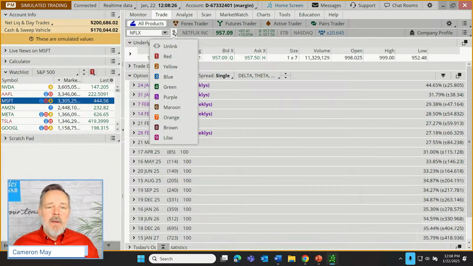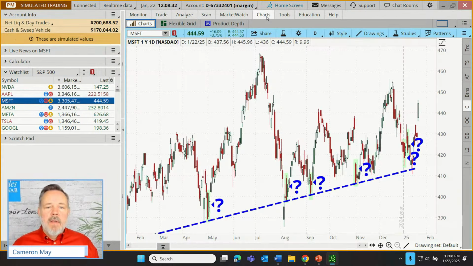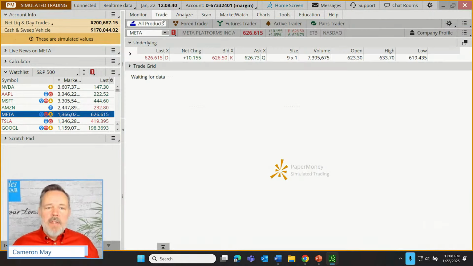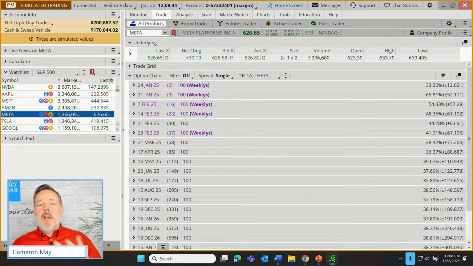Well, what I need to do here is link it again. Look what that just did. It linked to Microsoft. So we've really, just with one click, let's click on maybe Meta now. We're now seeing the chart of Meta, and we can go to the trade tab, and Meta is queued up for trading. So another quick way to do stuff faster on Thinkorswim. All right, now,